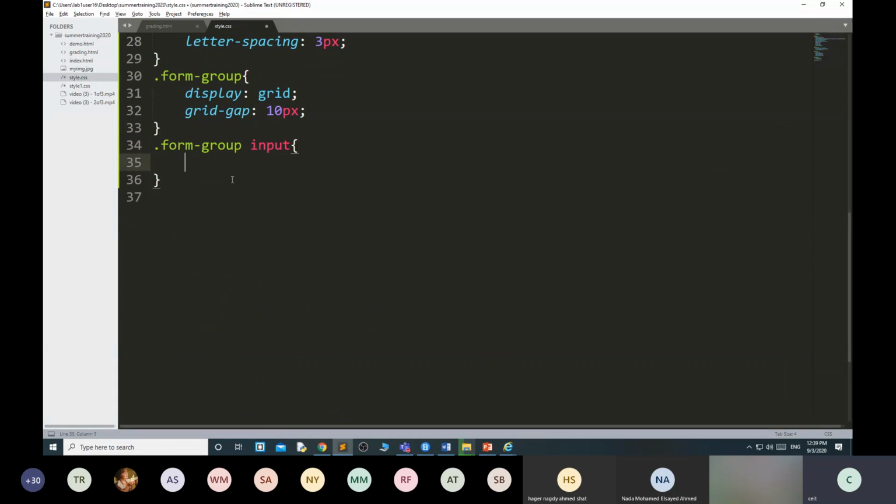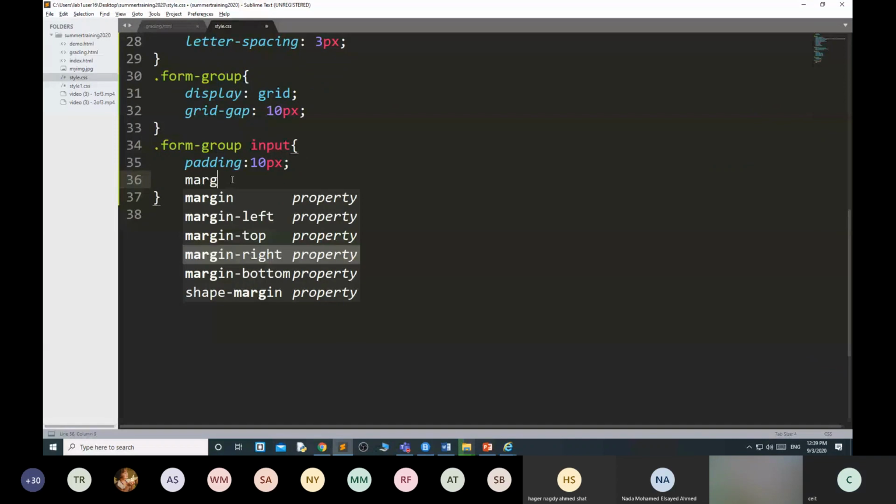Then for all the inputs, I want padding of 10 pixels from each side, then margin of 10 pixels from each side, then width 100%, then background color. I want to use this color. I have already shown you where to get the color code: 133, 133 and 0.5.